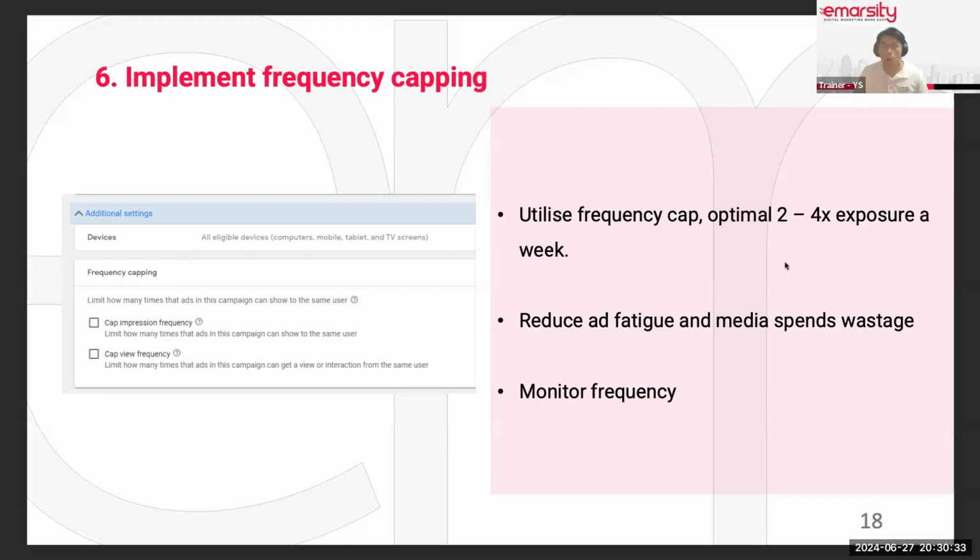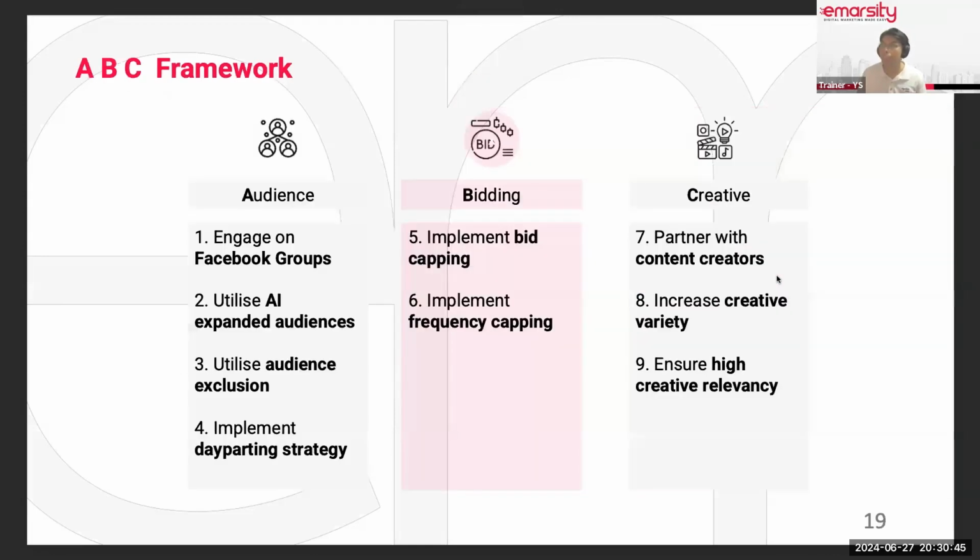So what would be a good frequency? Optimum frequency per week is 4 times. Up to 4 times, 2 to 4 times per week. Okay, so that's on bidding. Setting your bid threshold, what's the amount that you are comfortable with. And also if your current cost per lead is $10, let's try to bring it lower by telling the platform you will only bid at $9.